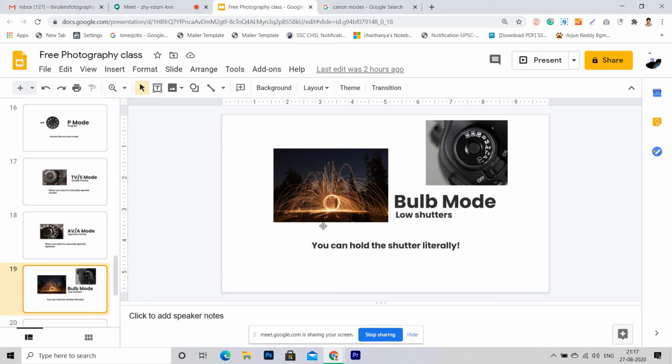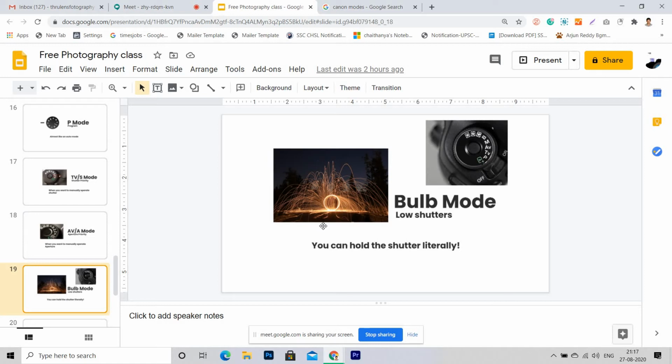Basically, there is a difference between bulb mode and low shutter. For example, you can ask me, if you want to take a low shutter photo in manual mode, we can keep a low shutter value, for example 1/20 or 1/10, and take a picture, right? So why use bulb mode? Literally, bulb mode is a functionality. If you have a camera right now, you can try this and you will understand what is happening.